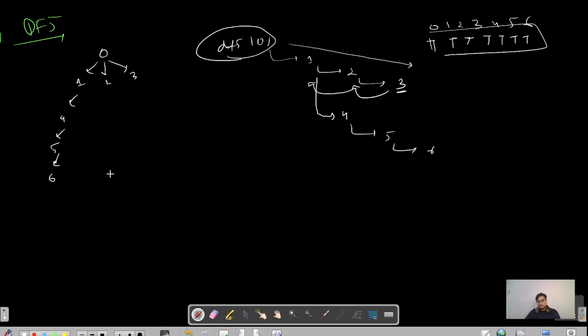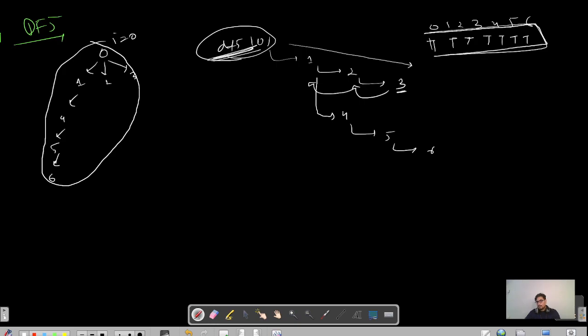So you can clearly see that we just need to run the DFS for, let's say, each and every vertex, right? But in this case, since all the nodes were connected to this 0, if we ran the DFS for just i equals 0, we already got a full visited array, and that's what we want. That means 0 is our what? Mother vertex,